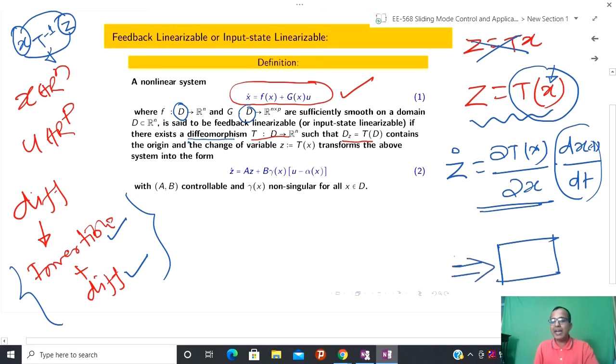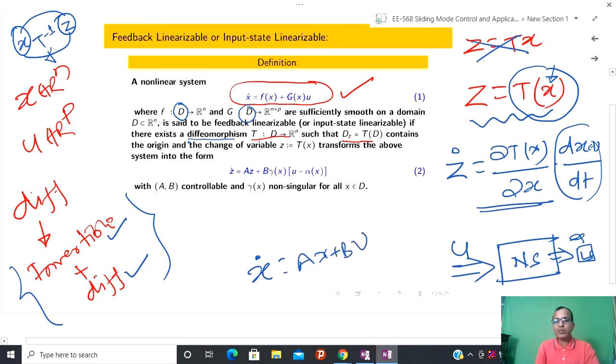So what I am saying is, I want to design some kind of controller. Here I have no linear system, so whatever equivalent system I am going to get, that should be a linear system. And using this transformation, my goal now is not to convert the system exactly like x dot equal to Ax plus B nu. What Isidori has suggested is that even if I come up to this, that is also okay,